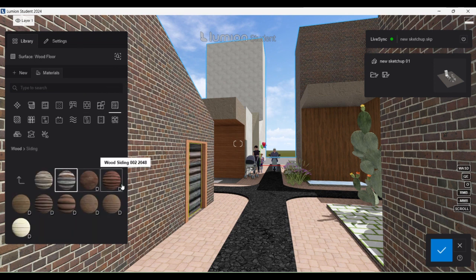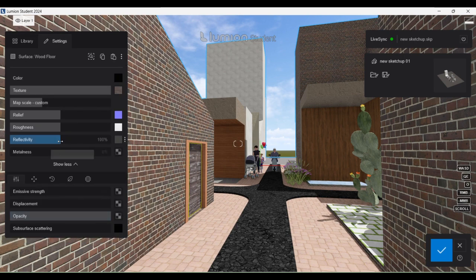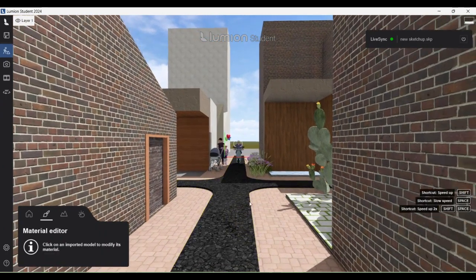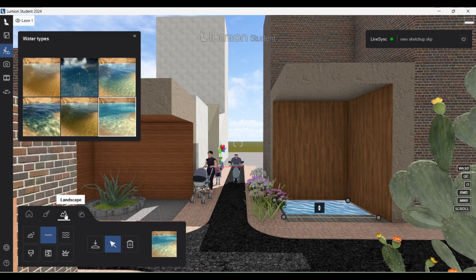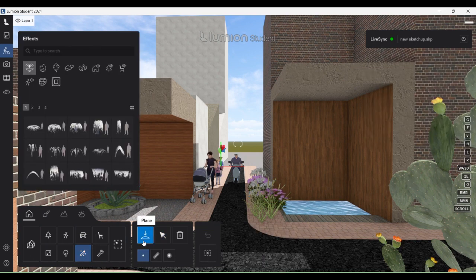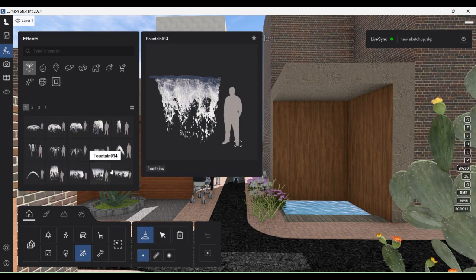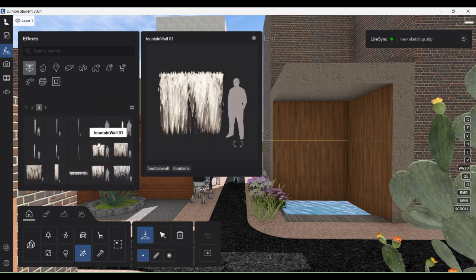Now we'll add a few water elements in this open space. You go to utilities, effects, place, and you get to see water fountains and different types of things. Whatever is fit for your model, go with that. I'm choosing this single fountain thing. I know it's not very technical, but you can just place it around and see how it